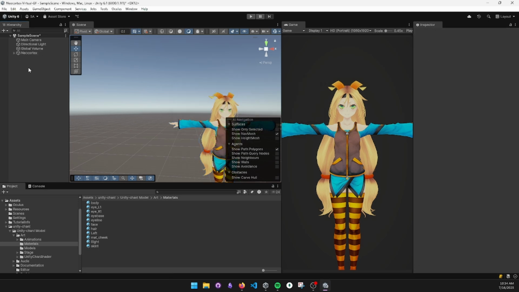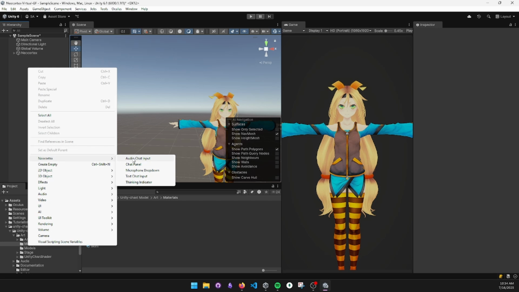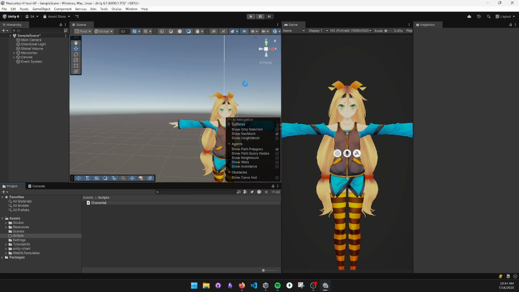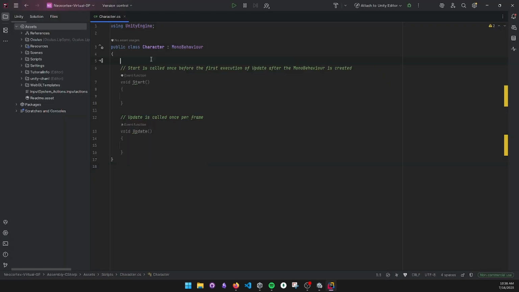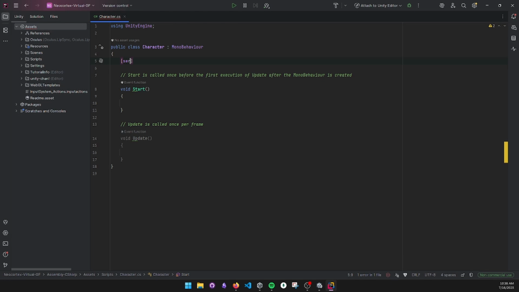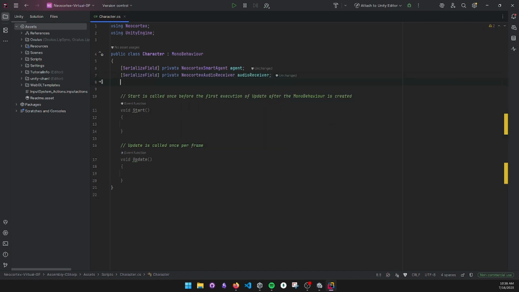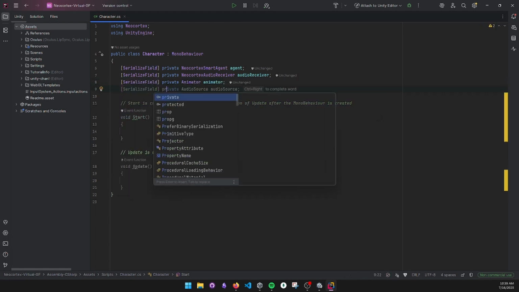So now we can add some UI element to tie things up. I'm gonna add audio chat input, and let's create a script called character. All right. So first thing we want is reference to smart agent, and then to audio receiver. And what else? We will need the reference to animator, or Unity-chan animator, and also to the audio source to